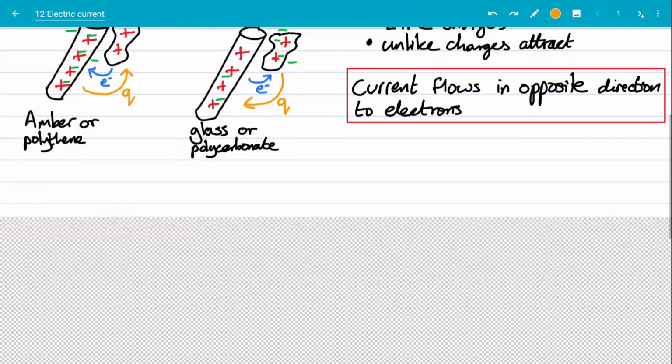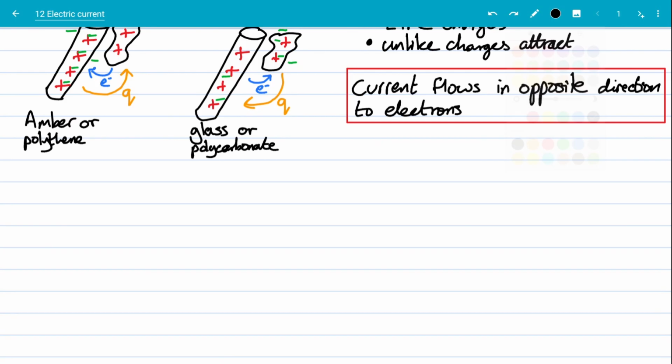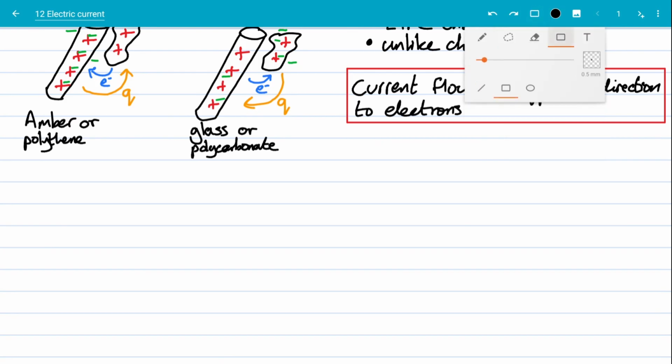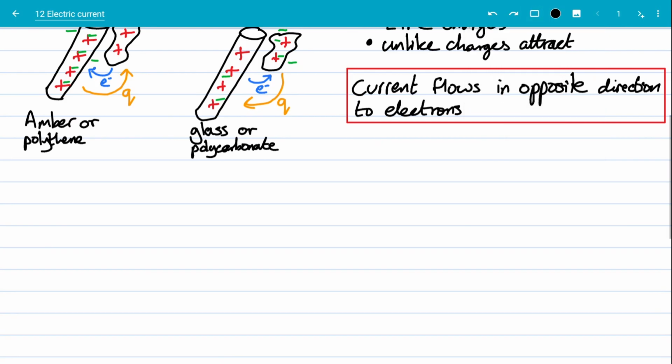Right. So current is measured in amperes. That's no different to GCSE, so it's barely worth us writing that down. It's no new information there. And I have an issue with talking about the